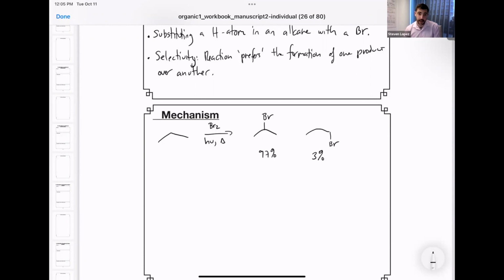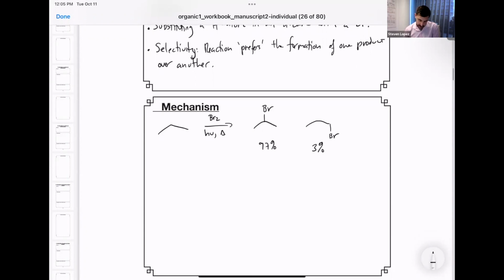So how does this reaction happen? Well, first there's an initiation phase, where the bromine is homolytically cleaved. Notice the two fishhook arrows, meaning that one electron is moving in this molecule. This forms 2 bromine radicals, and you can draw the bromine radical like this, or you can represent it as 2 bromines with 7 valence electrons.